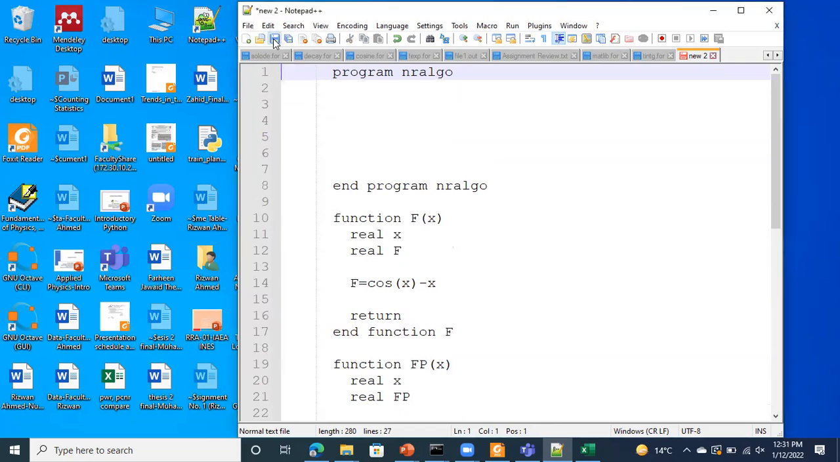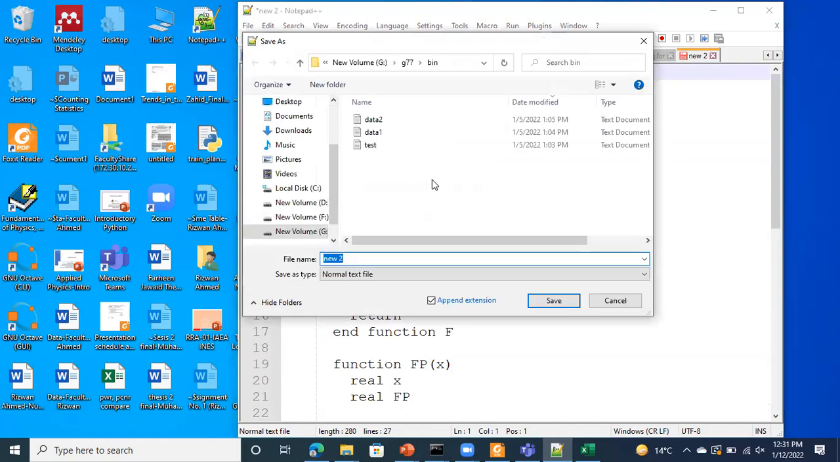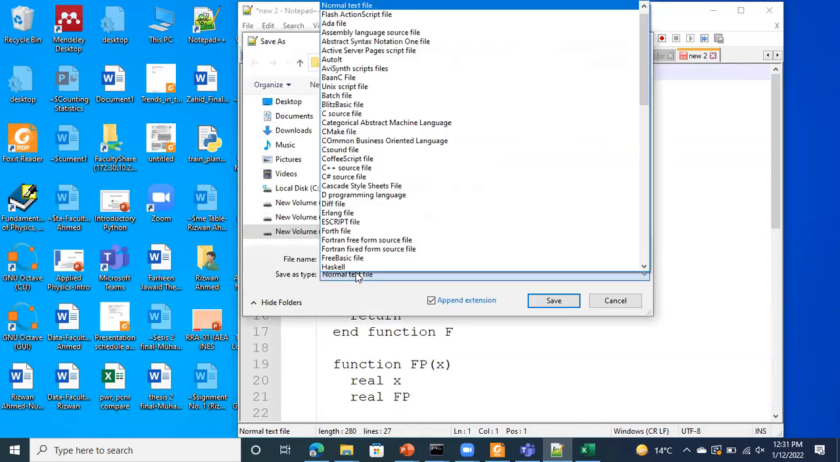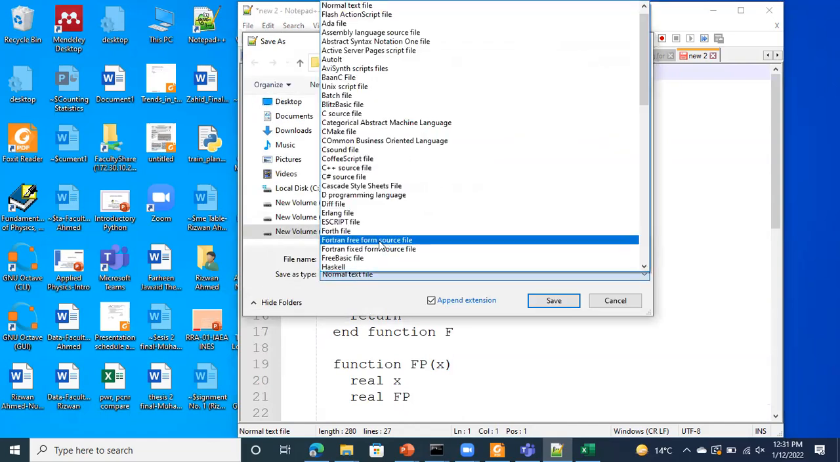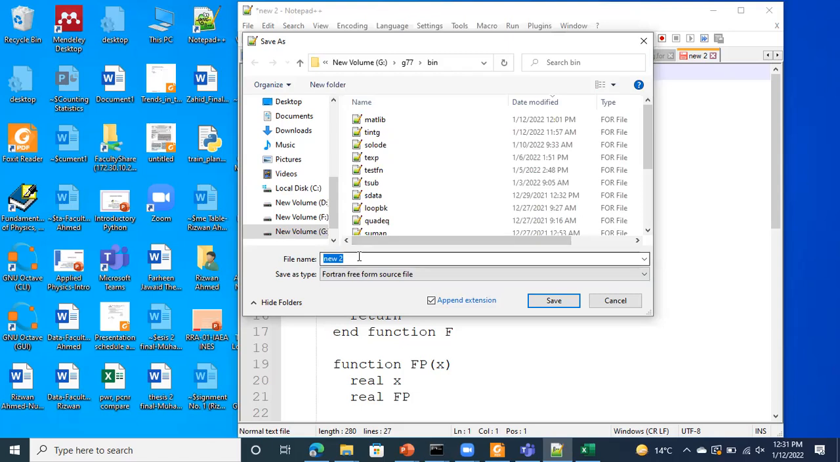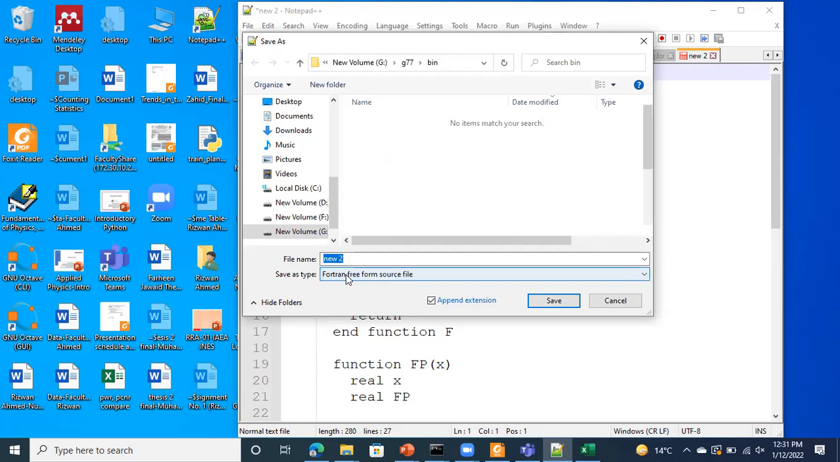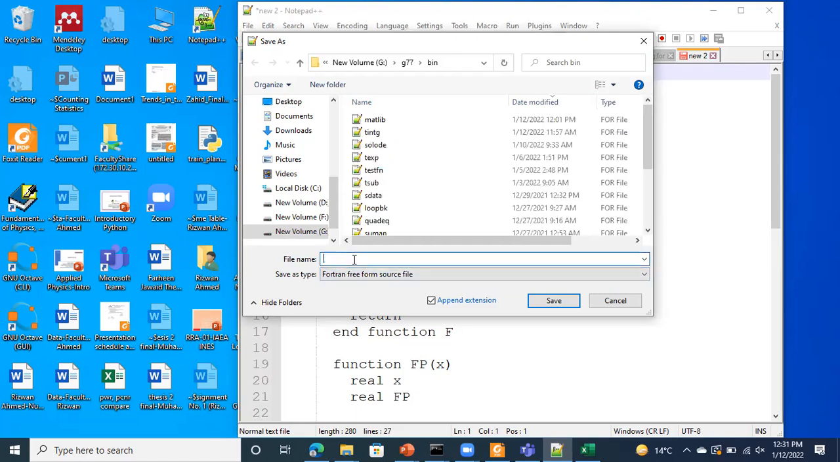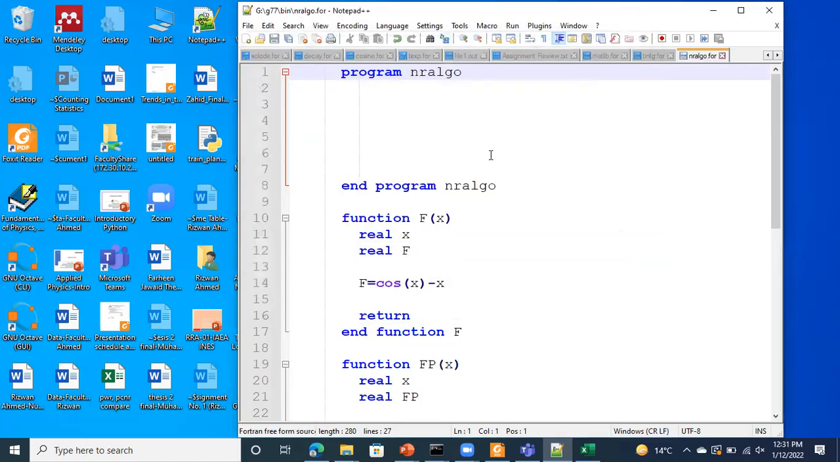So let's save the program in this present form, where we have only the definition of functions, function and its derivative. So NR FORTRAN file, NR algorithm dot for. Okay. So the main program,